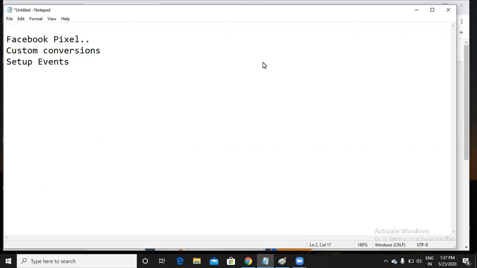Now let us see the things you require to have a Facebook pixel. Definitely you should have a page, and definitely you should have an ads manager. Only when you have an ads manager and a page can you create a Facebook pixel. Why? Because I am going to track with the help of ads only, right? When I have some ads and someone clicks on those ads and converts, that is the thing I want to track. So these are the two things you require. Let us see how we can set up this Facebook pixel.